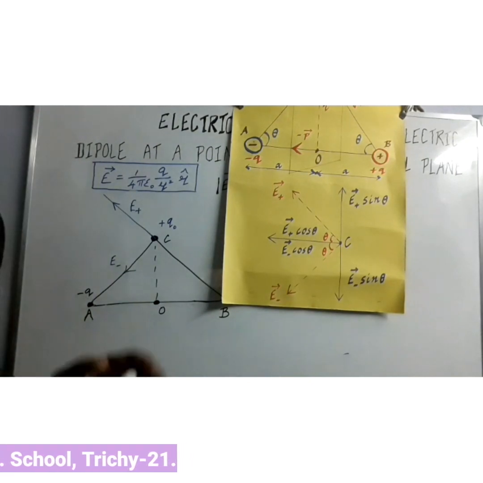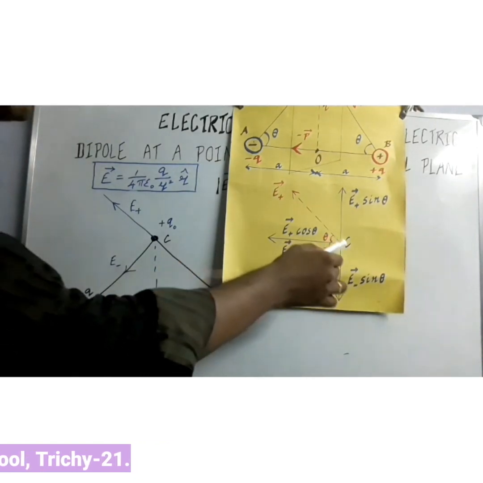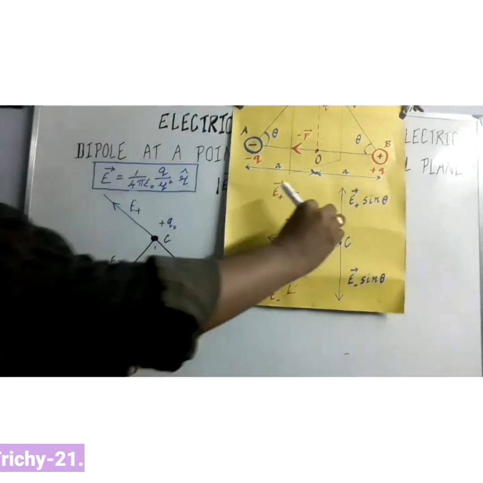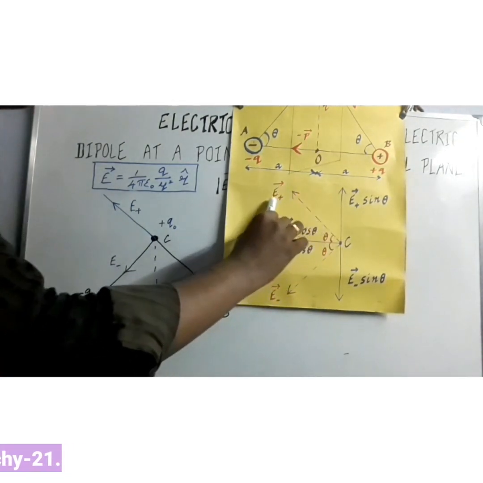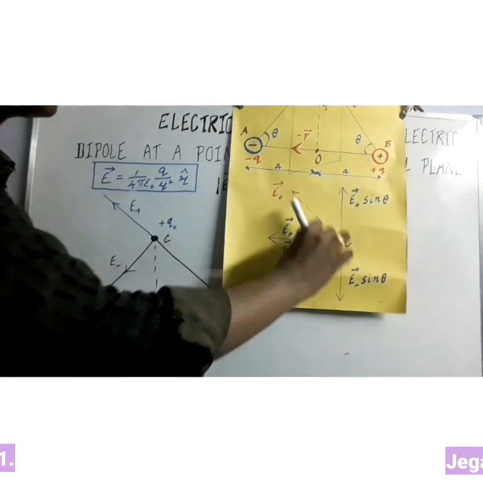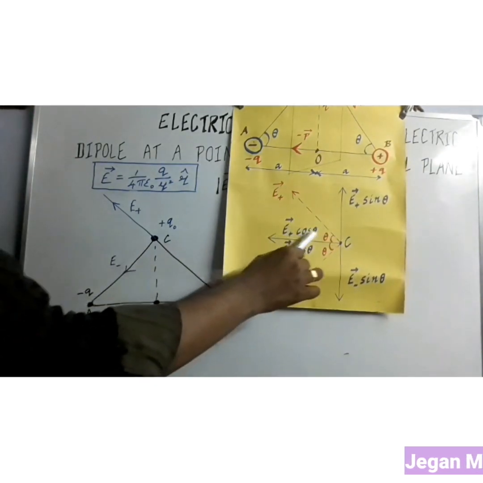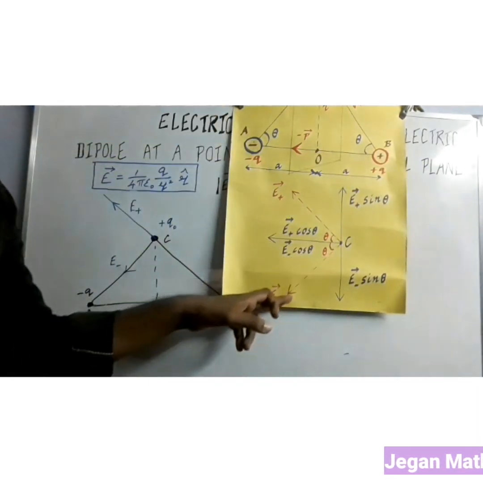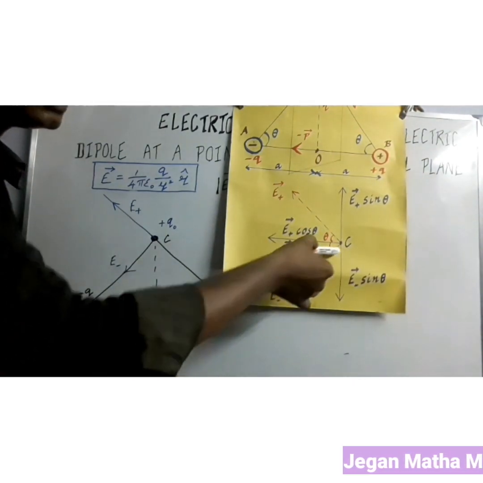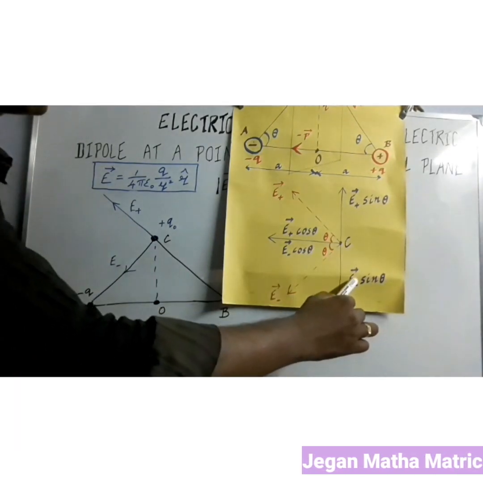Now we are going to find the resultant electric field at the point C, because there are two electric fields at the point C with the different directions. We are going to use the resolution of vector. First we are going to take this vector, that means electric field which is provided by the positive charge. I can divide that vector into two components, perpendicular component, that is E plus sin theta, and parallel component E plus cos theta. So for another vector, we can divide the vectors like this: E minus cos theta, that is a parallel component, and for that we can get the perpendicular component in this direction, so E minus sin theta.